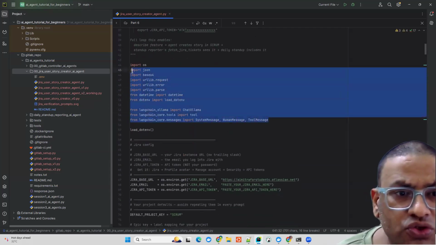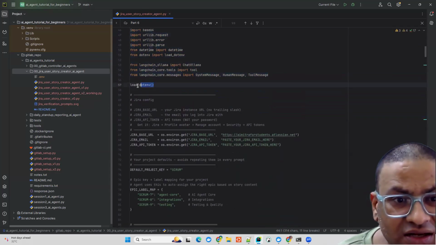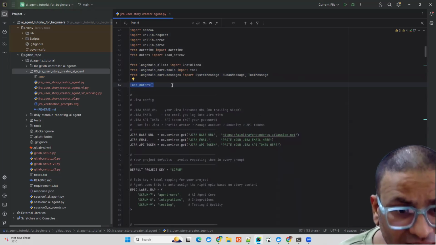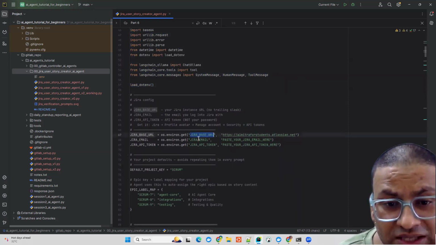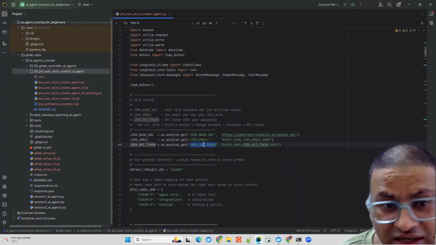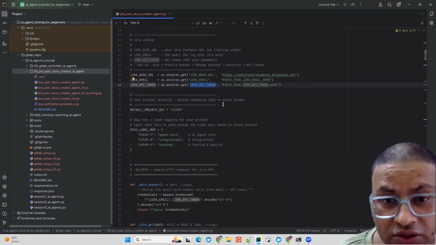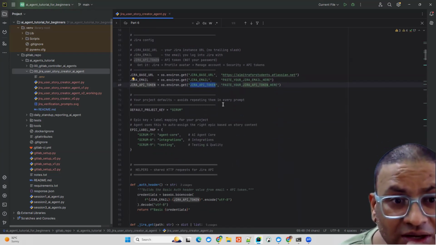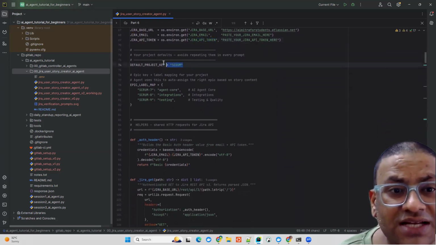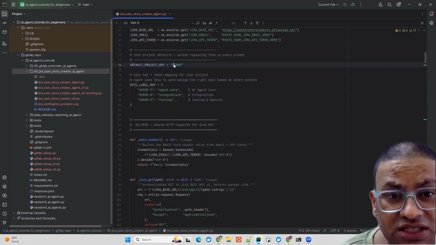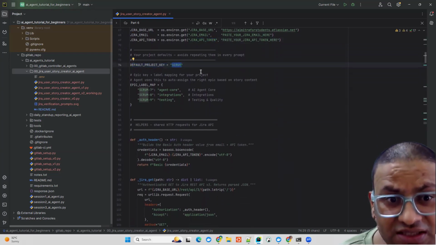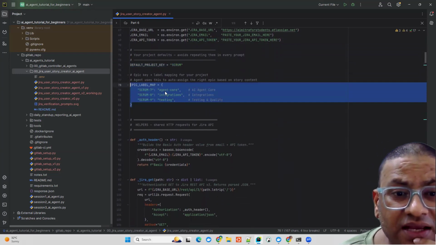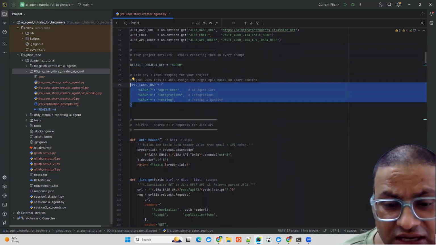So these are the imports which we have, which is again standard. Now we are loading an environment file because we need to provide the base URL, email, and the API token, which is credential information, security related information. So I put everything into the environment file and we are loading it. Then we are saying what the default project key is. It's just a project name in Jira. For me, it's Scrum. These are the 3 epics: agent core, integration, and testing, which I can quickly show you